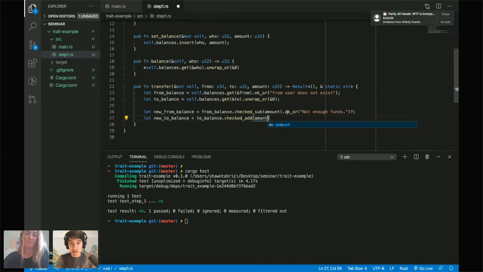Amount dot ok or, and then we can have an overflow here. Overflow, right? The user got too much money. It's kind of a good problem to have, I guess. Overflow. And then once we know that the new from balance and new to balance are good and nothing is wrong, we can just insert these values back into storage. Balances dot insert, and if you look at the balances pallet, this is very much exactly how